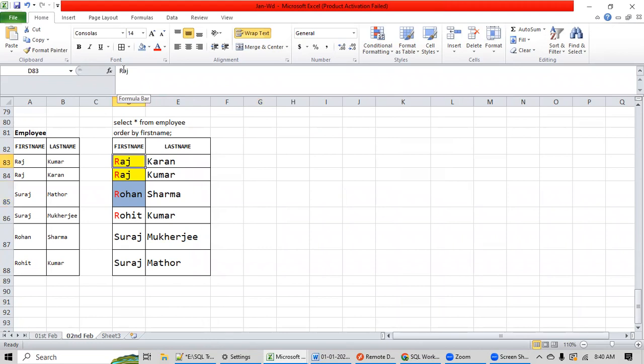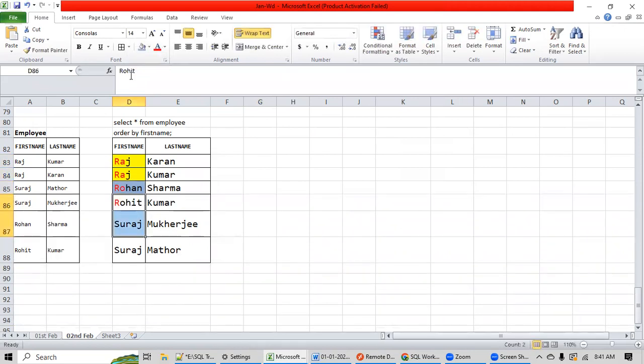Here the next character is A. Here the next character is again A. Here the next character is O. Here the next character is also O. So A comes first or O? A, right?